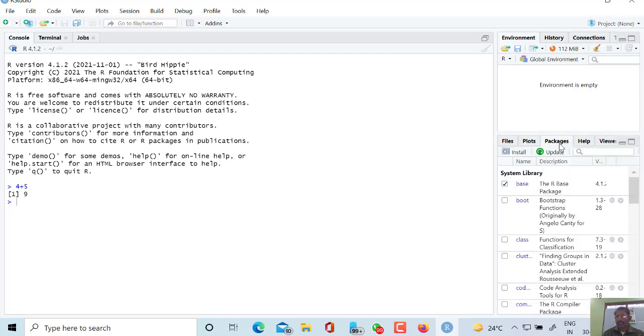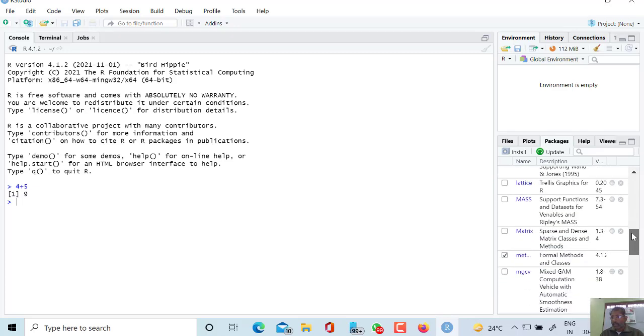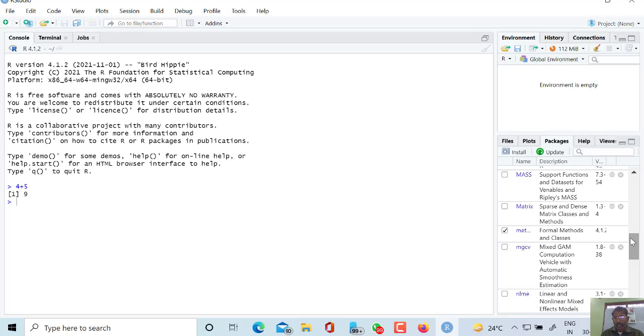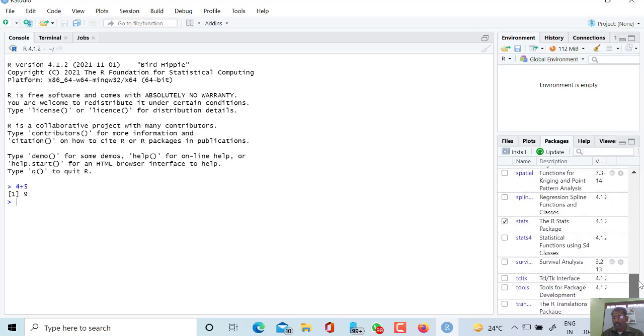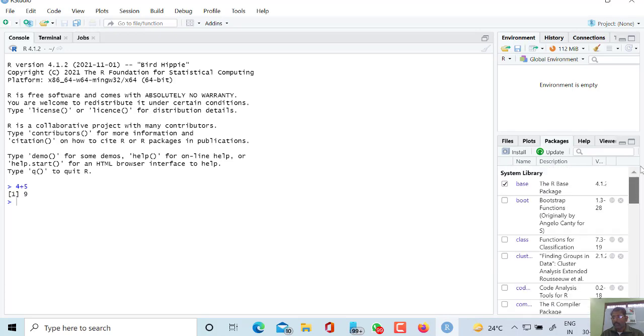Packages: what packages you install, and the different options given here. Based on your need, you can install the packages here. Every package is here, and you can install it.